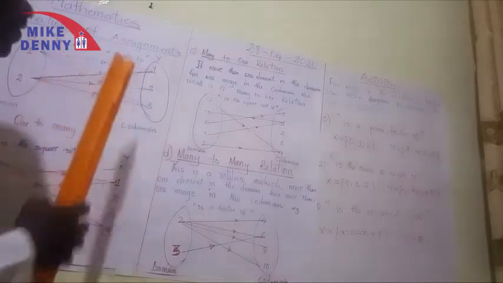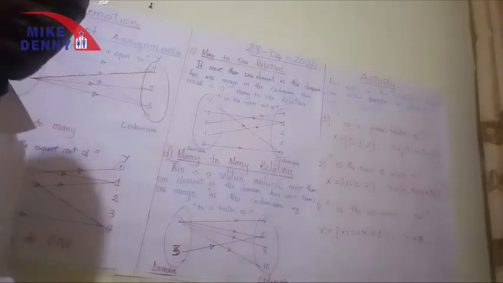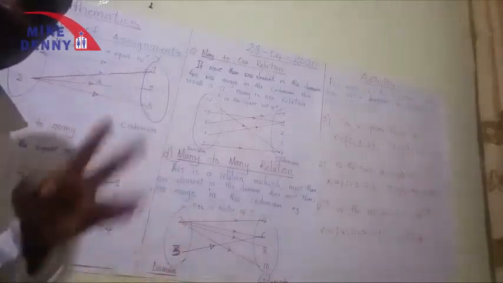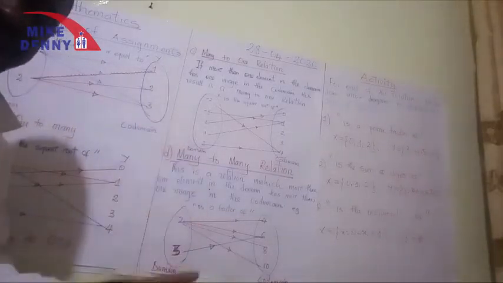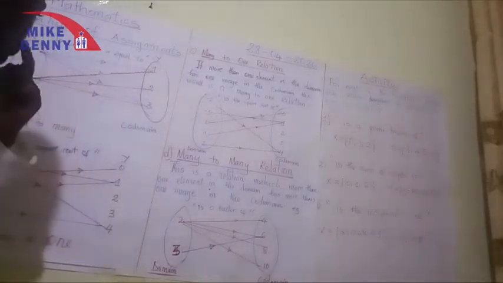We're dealing with the relation "is less than or equal to." We have to draw arrow diagrams to represent that relation. How do we do it? You are given two sets, X and Y. X was the domain and Y is the codomain, as in the relation "is less than or equal to." So now this is what we are expected to do here.